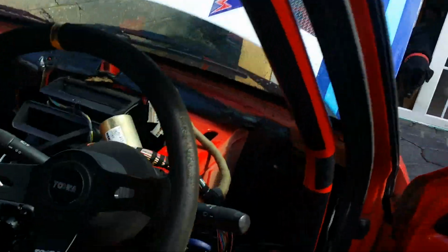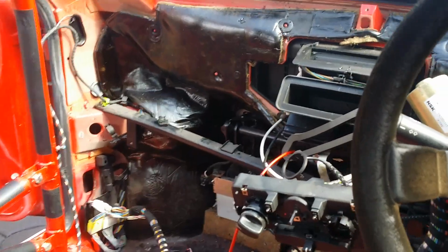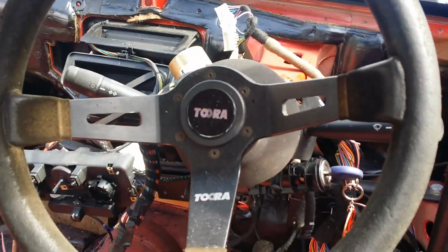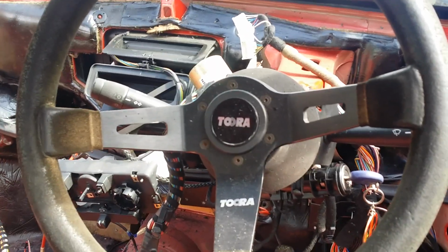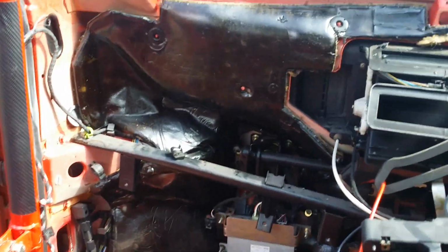So the dash is out, as you can see. So what we're going to do next is take out the wiring, the heater matrix, tidy it up. We're going to loop the two pipes for the heater matrix back into one another, so the water will circulate, and tidy this up. I don't know what we're going to do with the dash, whether we're going to leave it like this and just set the clocks into it. I was half thinking of leaving half a dash in,